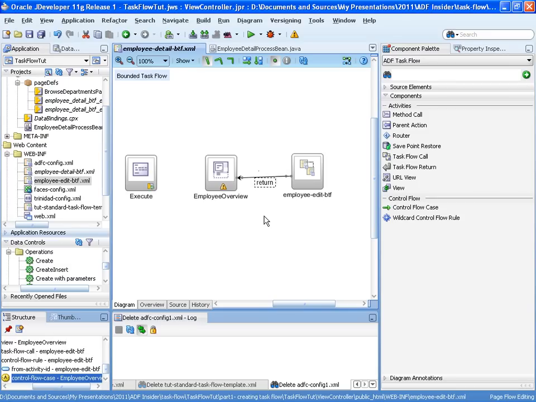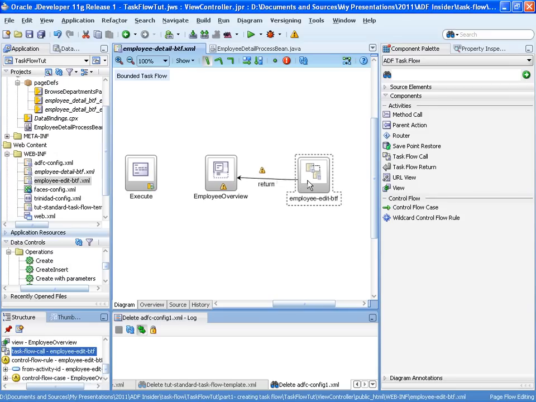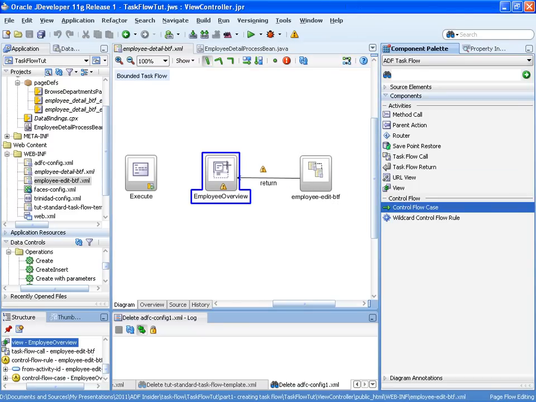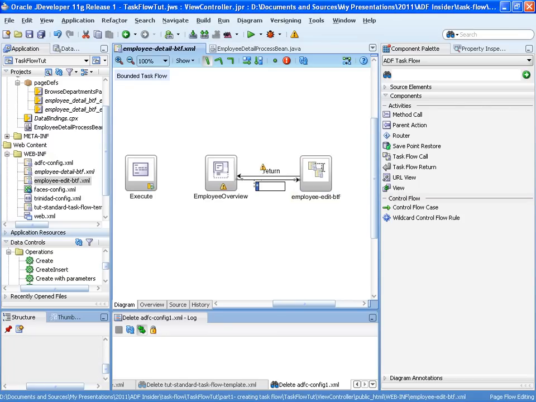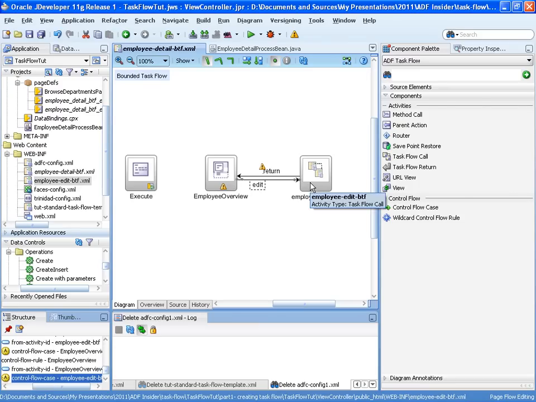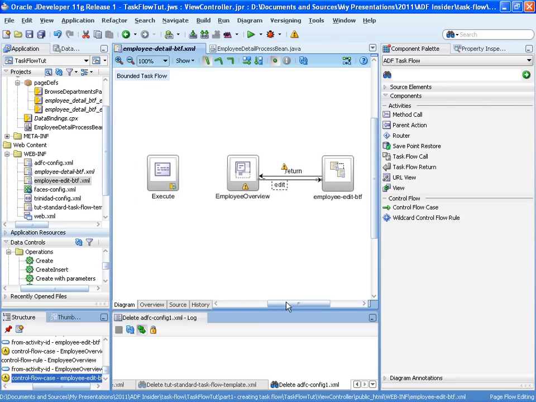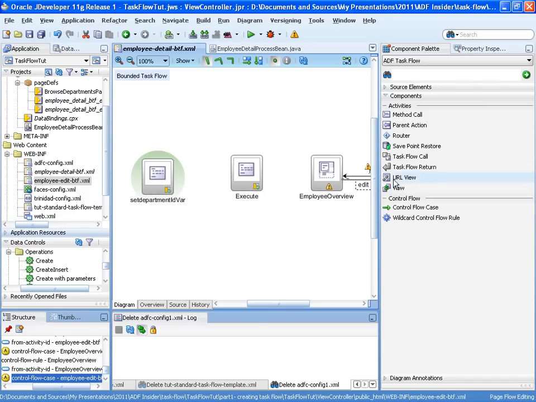If you leave the asterisk instead of providing a name, then whatever the bounded task flow would return that you called through the task flow call activity would lead to that navigation. So if it doesn't matter what really returned the task flow call, then that's fine, and you could use the asterisk. So edit would cause navigation from the employee overview to the bounded task flow, and then